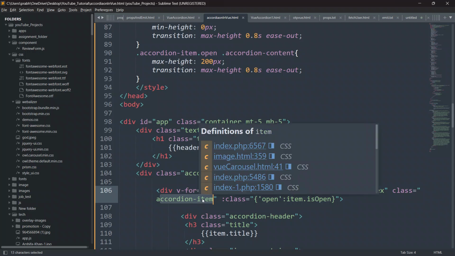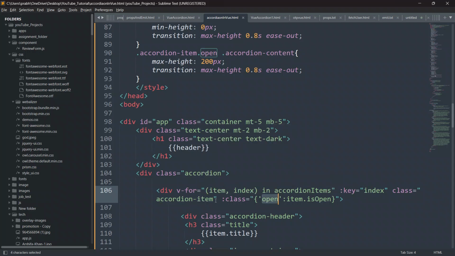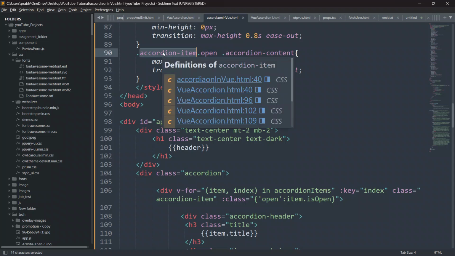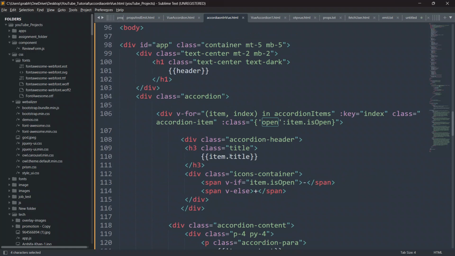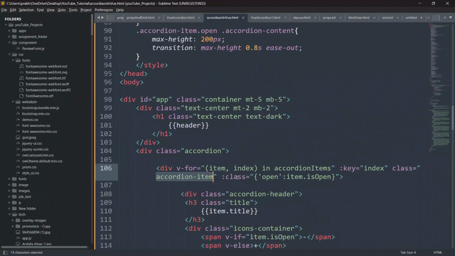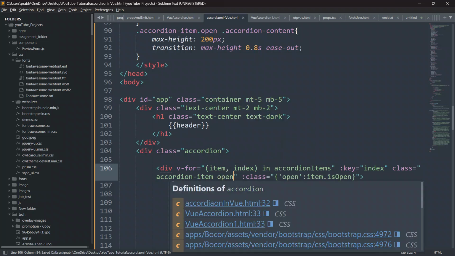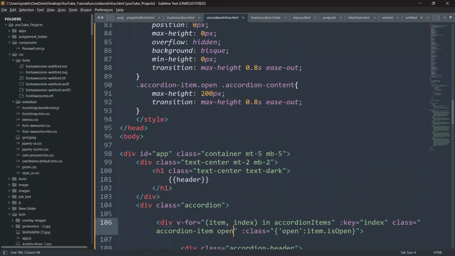And we are saying here, if on this accordion item this open class is applied, you can see based on the conditions we are applying this open class on this accordion item. So suppose open class is applied on this accordion item, then we will just set this accordion content